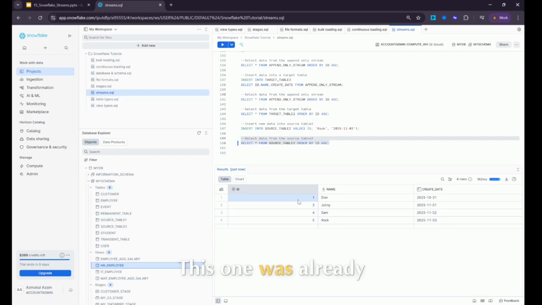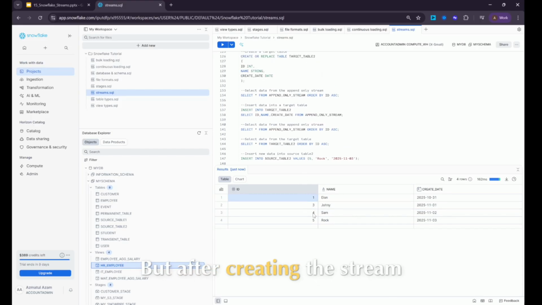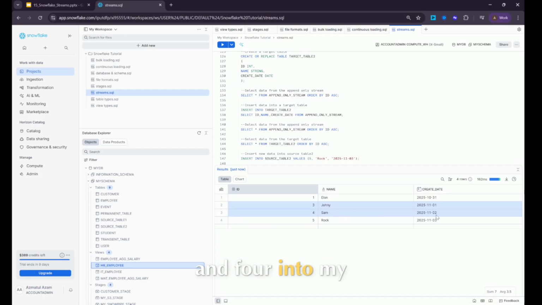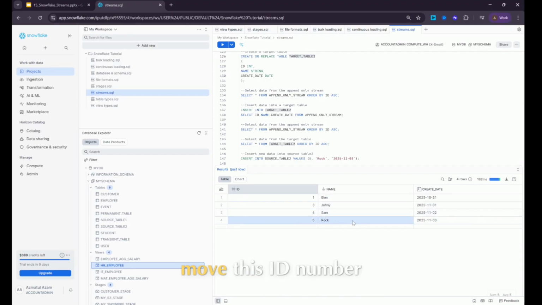Okay, this one was already there before creating the stream, that's why it has not been in the target table. But after creating the stream I inserted 3 and 4 into my source table, and that data is already sitting in my target table. Okay, now I only want to move this ID number 5 because this is the newly inserted row into my